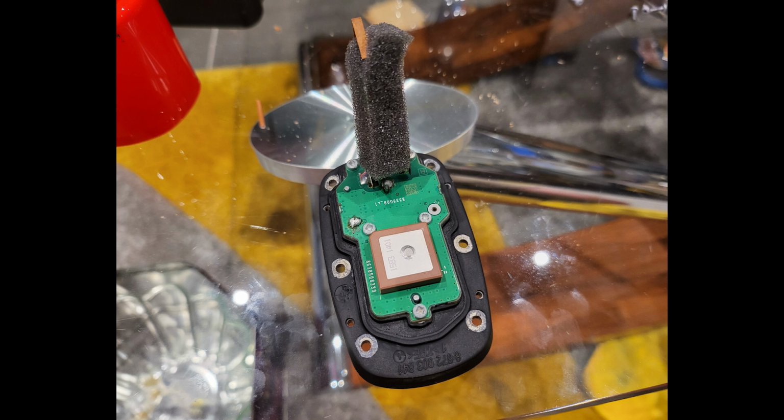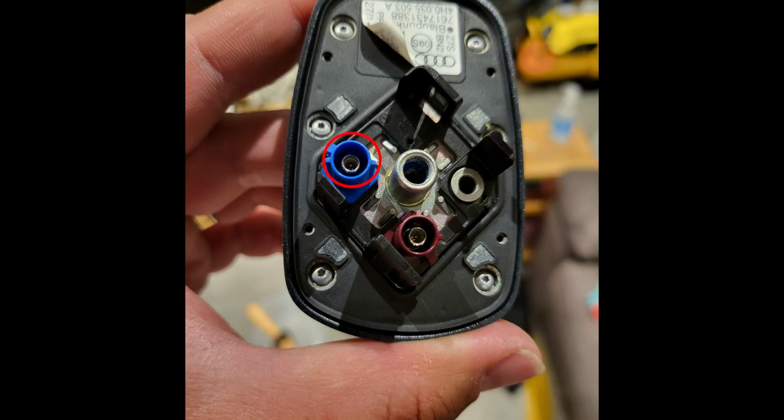oh, there's some more Torx screws here. So I'll take those out as well. So I might as well dismantle it. The thing doesn't work anyway, so what the hell if I break it? I can't break it any more than it is broken, right? So I took those other Torx screws out, and then what that did is that sort of released it from the housing completely. And it wasn't until I started inspecting the underside that I realized that that blue and red pin